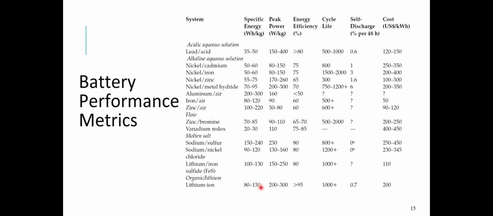And the other nice thing, like I said, if you look at the life cycle of lithium-ion batteries, it's more than 1,000 cycles, in the 3, 4, 5, 10,000 cycle range, and for lead acid batteries, 1,000 is kind of the absolute limit of what a lead acid battery can actually do. Another good thing about lithium-ion batteries, they're getting cheaper and cheaper. And then you can see some exotic